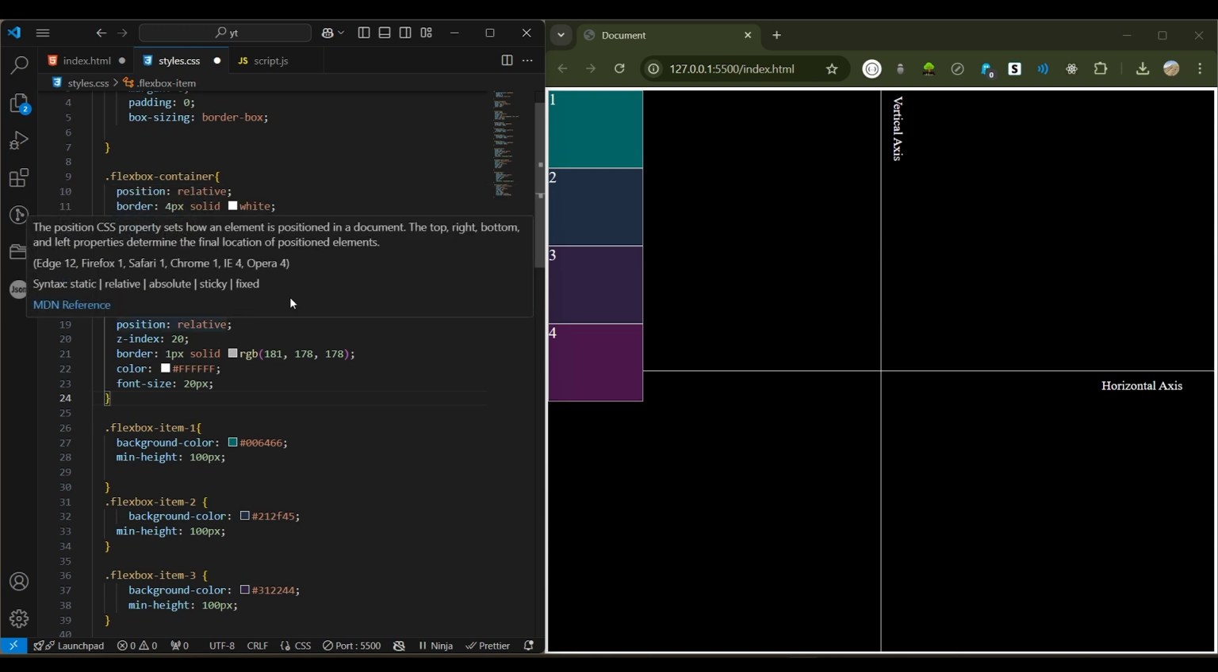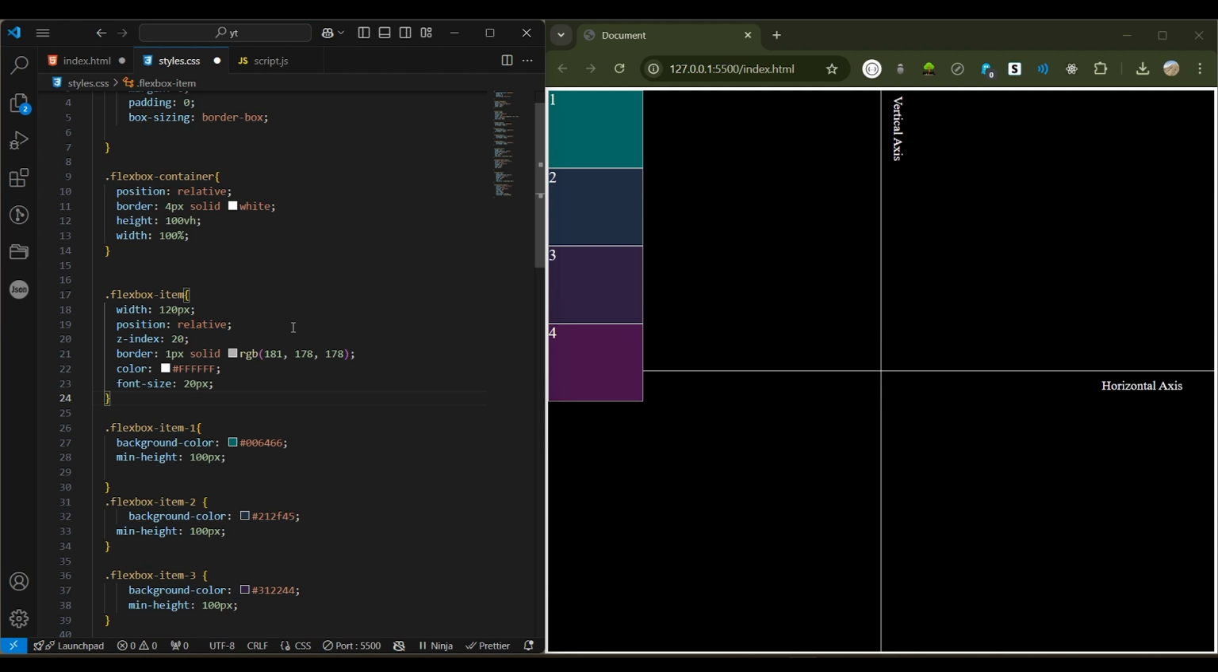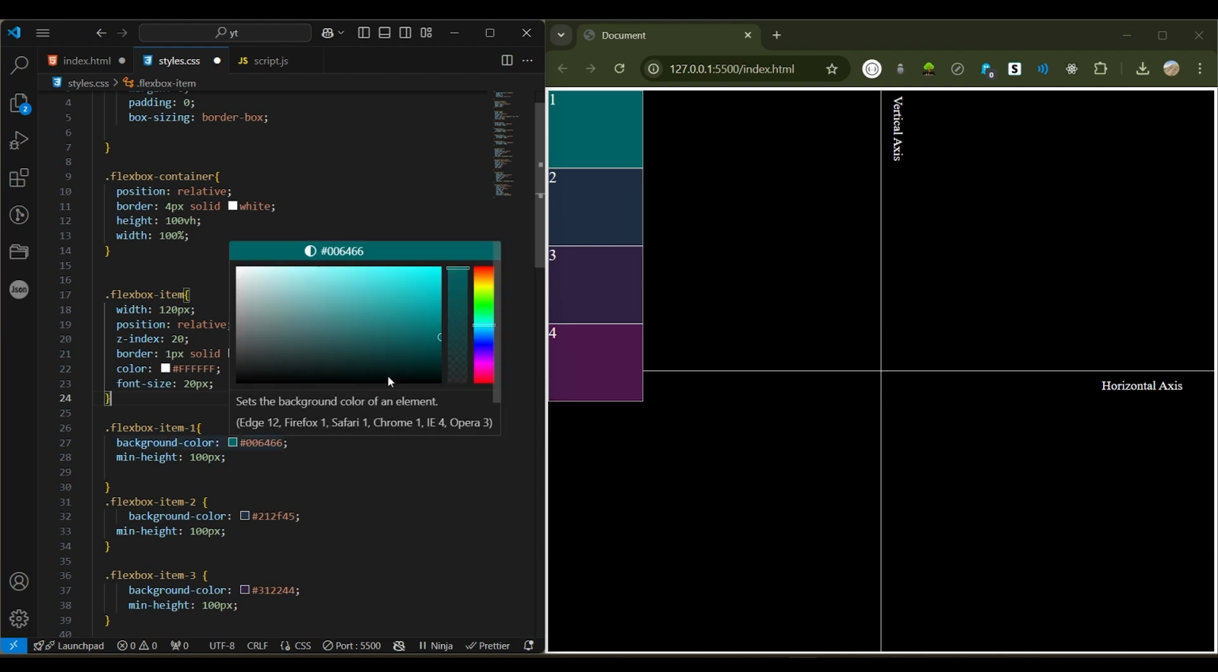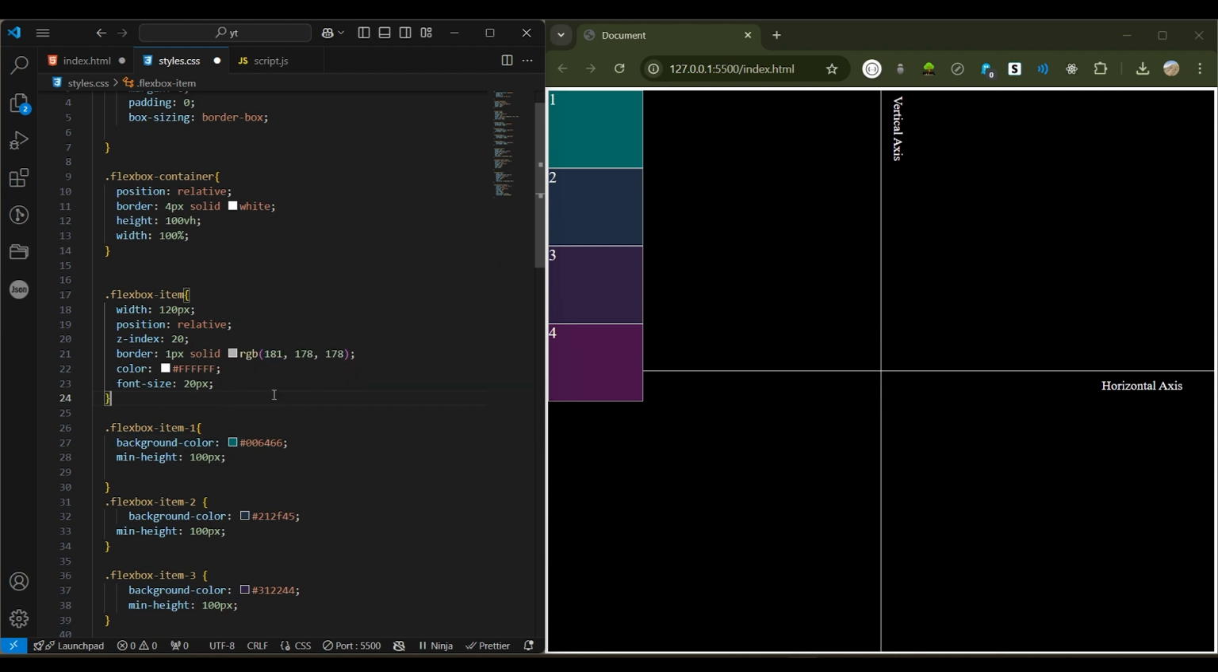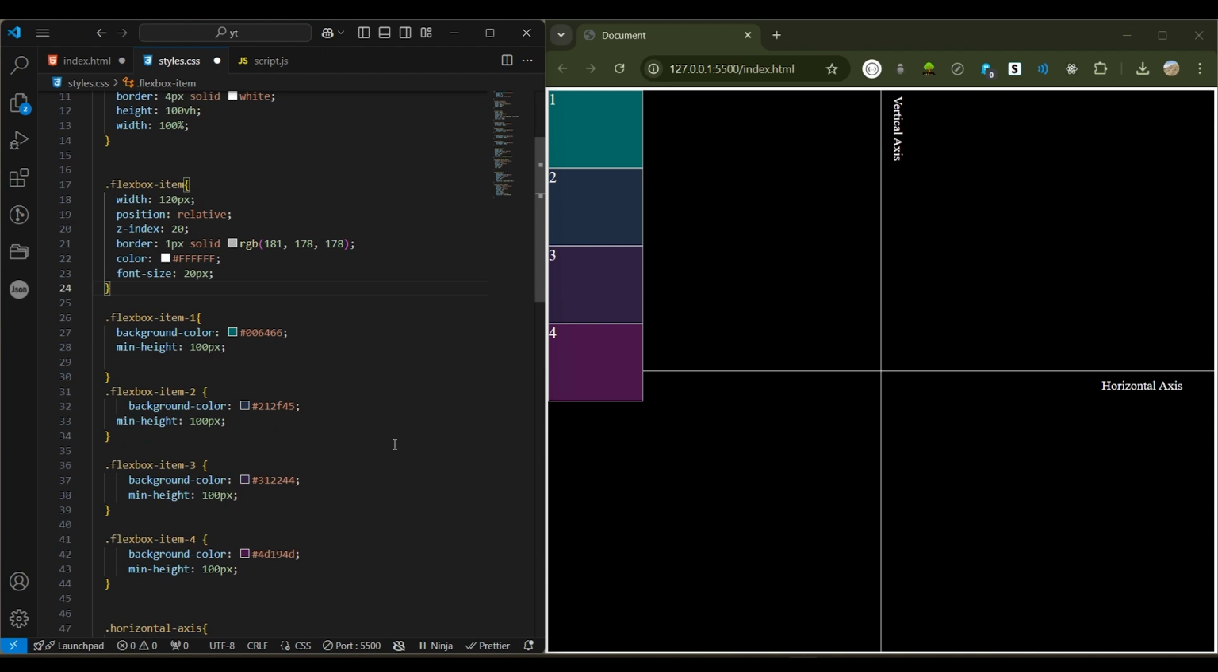I have given them a width of 120 pixels, position relative, z-index of 20, a white border, text color of white, font size of 20 pixels. And apart from that, I have given each separate div some separate styling that includes the background color. As you can see, they have different colors here, and a minimum height of 100 pixels for now. We'll change that to understand Flexbox concepts. For now I have given them a minimum height of 100 pixels, and I have also